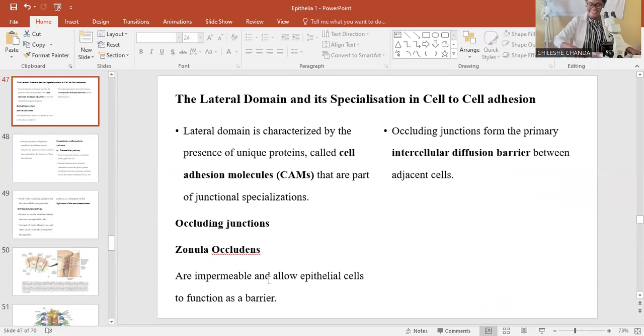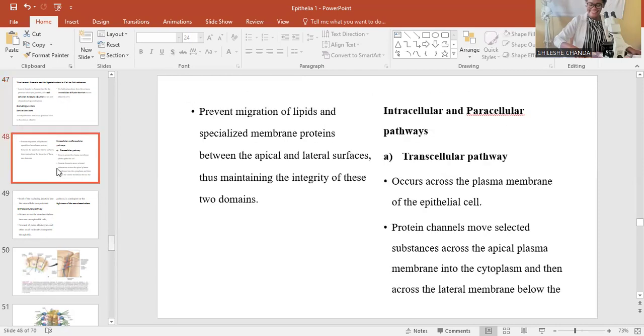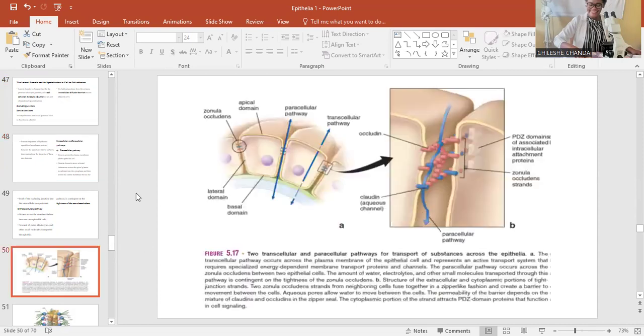prevent the passage of just about anything. There will be very few things that will pass through those junctions. So they are also known as the zonular occludens, occluding junctions, or tight junctions. So it is an intercellular diffusion barrier, so that things will not just be passing from one area to another. They prevent the migration of lipids and specialized membrane proteins between the apical and the lateral surfaces, thereby maintaining